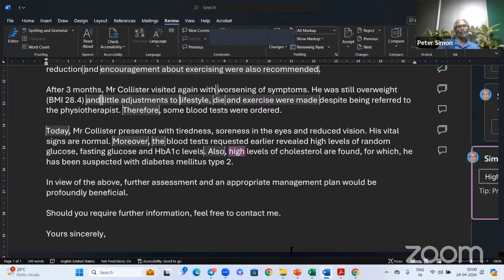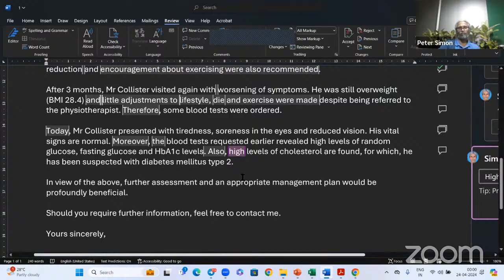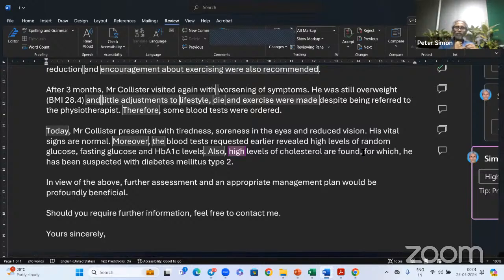High levels of cholesterol are found. As a result, or consequently,